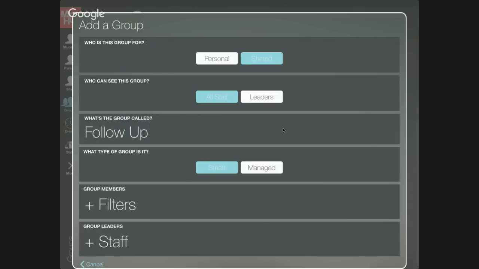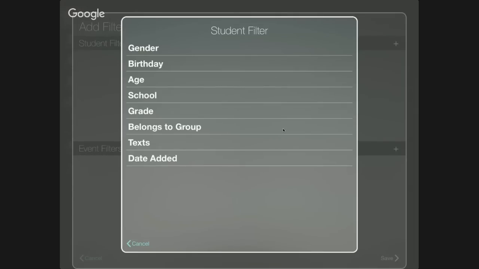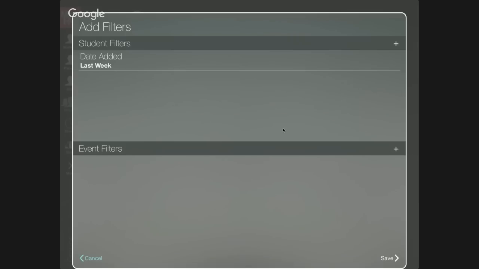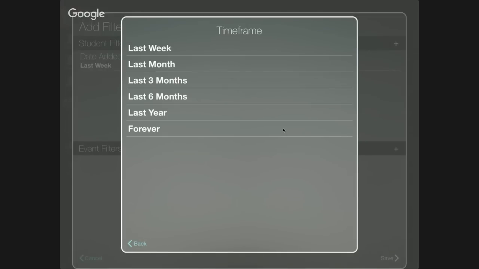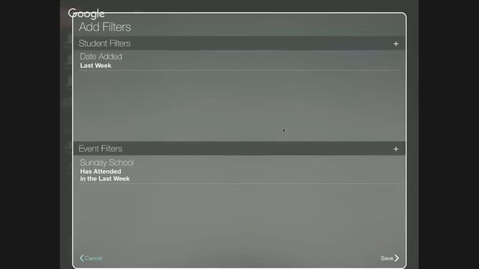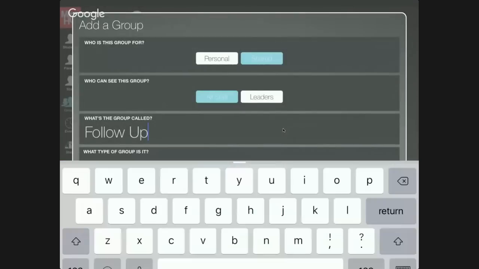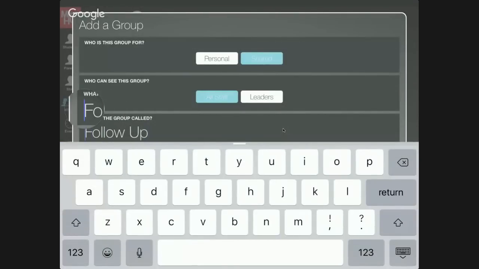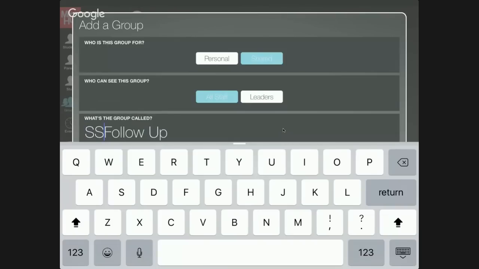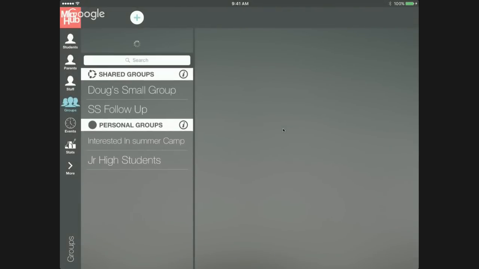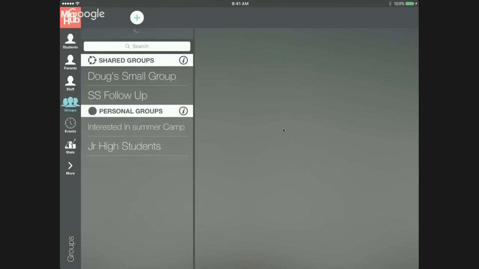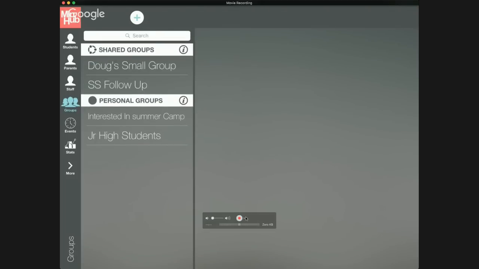We're going to say a smart group, and I'm going to say the kids that were added in the last week, and so in that they were present at Sunday school. So in the last week, because this is my Sunday school follow-up, I'll add that, Sunday school follow-up group. So now with this Sunday school follow-up group, if I refresh that, send that up to Dropbox, I should be able to click over to Doug's device, and he's now got